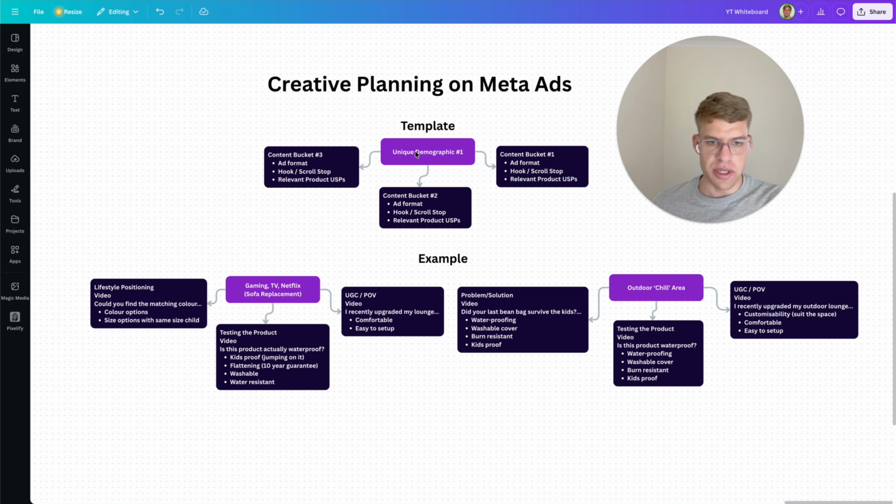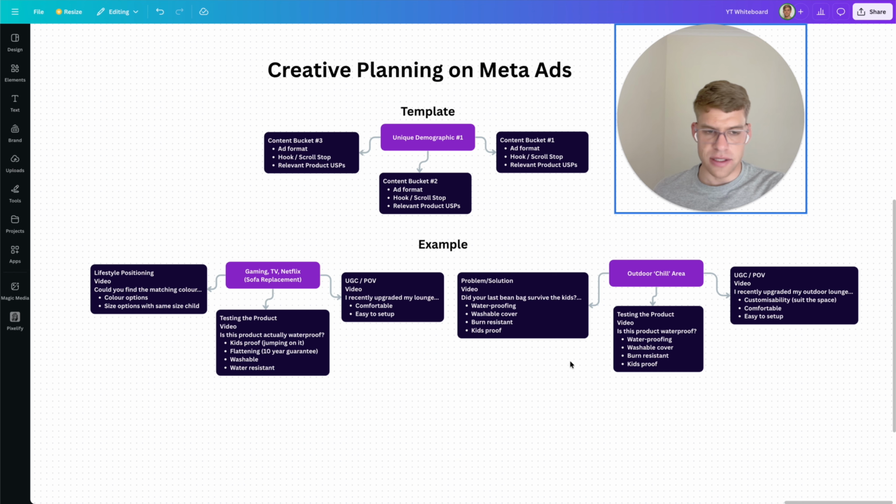You outline each unique demographic that would potentially be interested or associated with your specific brand, and then again, break down each content bucket that would associate with this unique demographic here, and then obviously break down more specific detail around the specific format that you plan to use, the hook or scroll stop that you plan to use for that specific video or specific image, and the relevant product USPs that would associate to that specific angle to obviously tie your creative to the actual product itself and how the product can benefit that type of user or that type of customer. So just to give a very basic example here,